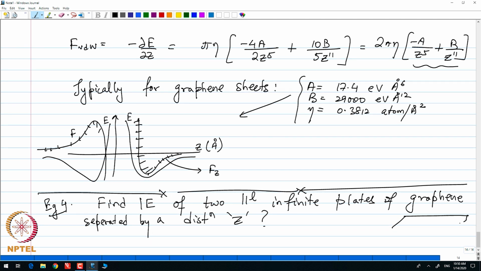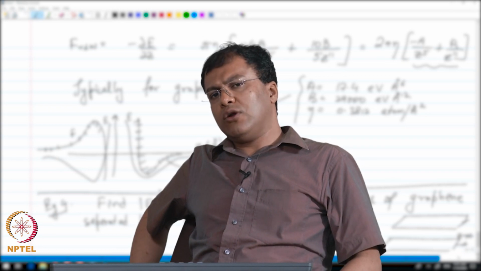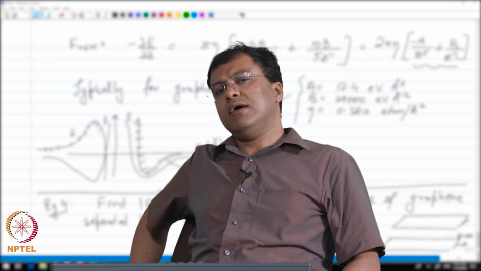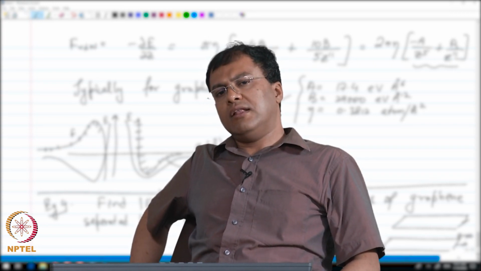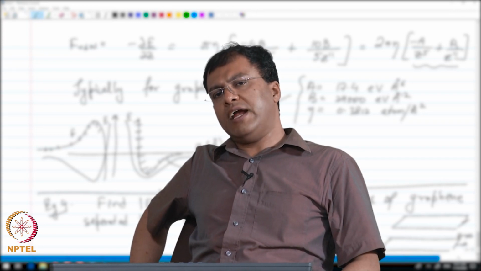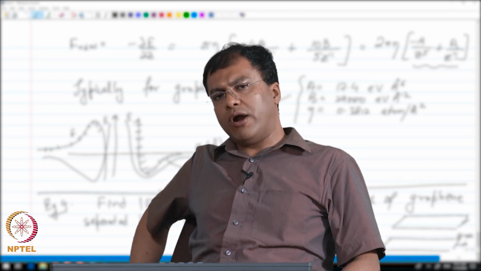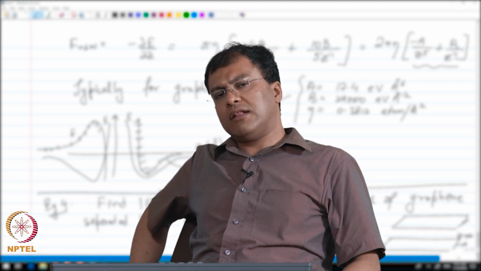Now, we have two infinite sheets of graphene, with z tending to minus infinity and z tending to infinity, and I want to find the interaction of these two infinite sheets. Notice that when we found the interaction of a point with a sheet, we got a finite answer, which means the natural way to model this setup is to sum up the point-sheet interaction. On two infinite sheets there are infinitely many points, so we are doing an infinite sum of a finite quantity, and we expect the answer to be infinite.